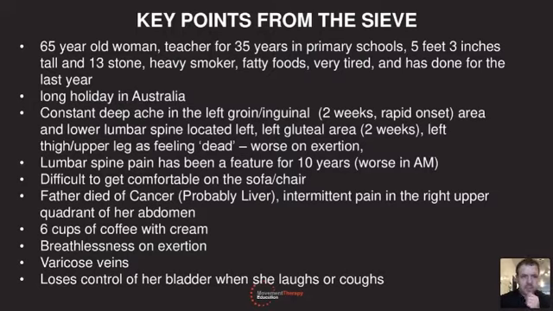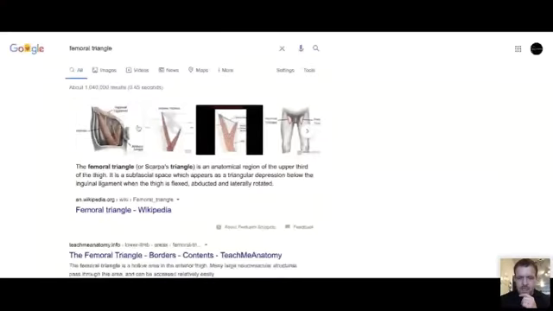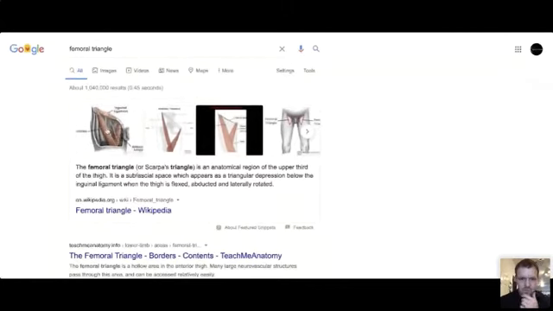Just show you this. So it is a region around the inguinal area, however you want to say it, and within that region you've got your femoral artery, your femoral vein, your femoral nerve, and the lymphatic vessels that supply the leg. Okay, so if you're in a hip flexed position and you're quite overweight as well, then that region may be compressed when you're sitting, which may have exacerbated the symptoms. Let's just go back to the slides a sec.